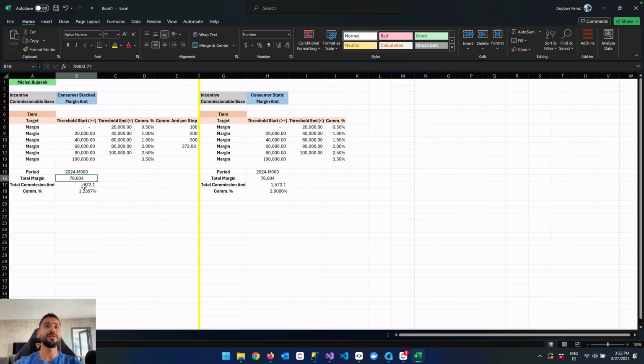In the end, assuming that we have an example like this one, for instance, we have a total margin amount of $78,000 and a half, and we are going to calculate the commission amount in each scenario. So in the stack method, the first band is going to be calculated at this percentage, the second band at this percentage, the third band at this percentage, and then in the fourth one,